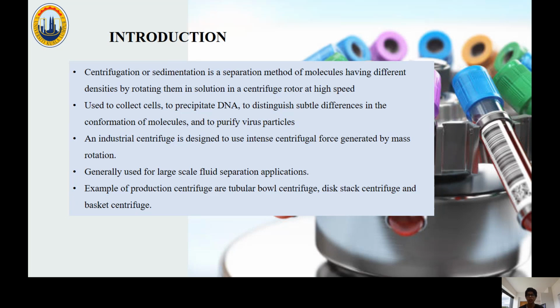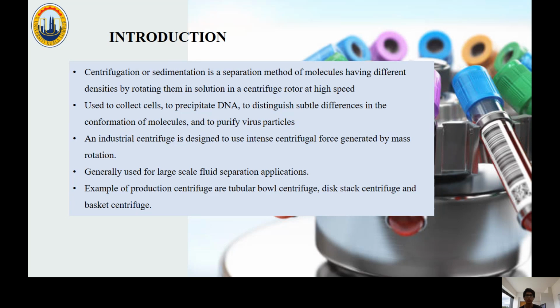different densities by rotating them in solution inside a centrifuge rotor at high speed. This process is used to collect cells, to precipitate DNA, to distinguish subtle differences in the conformation of molecules, and also to purify various particles. This process has been used in many industries